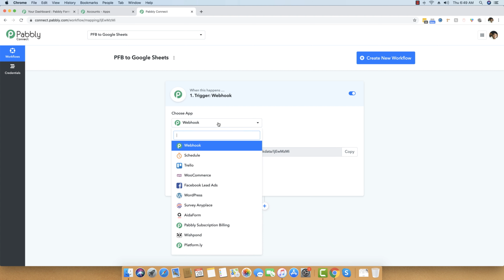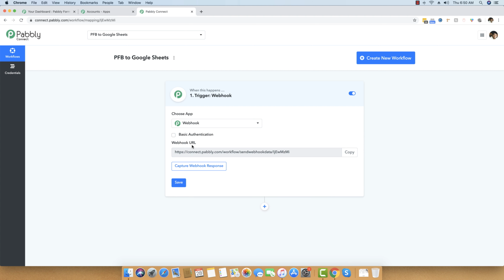So the first step that you have to do is you have to choose a webhook app inside your Pabbly Connect account. Webhook is nothing but a way to receive your data from your remote application. So we actually get a webhook URL. This URL will accept data whenever it is sent from your Pabbly Form Builder account or just about any other application which is actually sending webhook. So this is just a URL to capture data from a remote application, and this URL will be inserted inside your remote application so that we can accept data, and that application can basically send data to this URL.